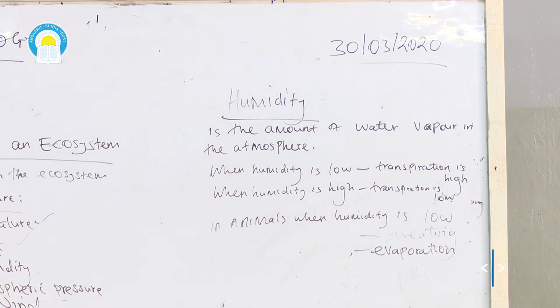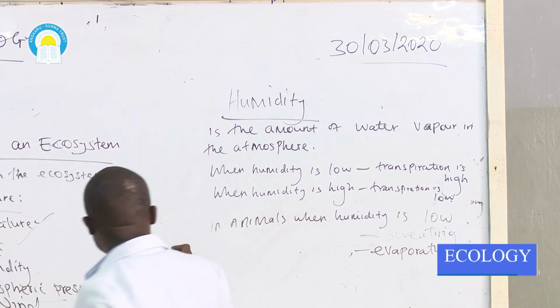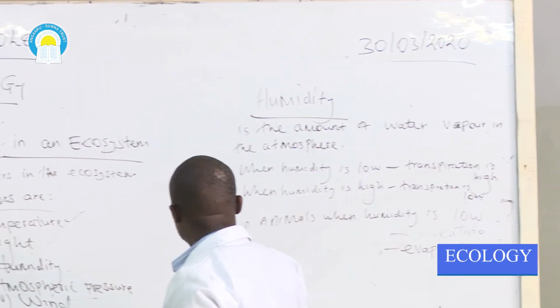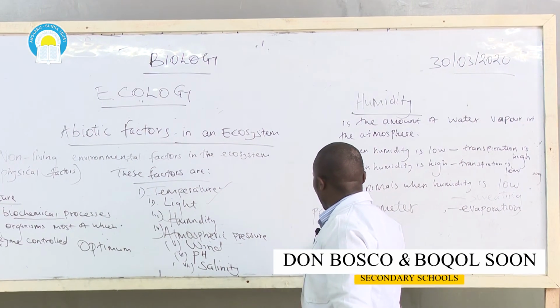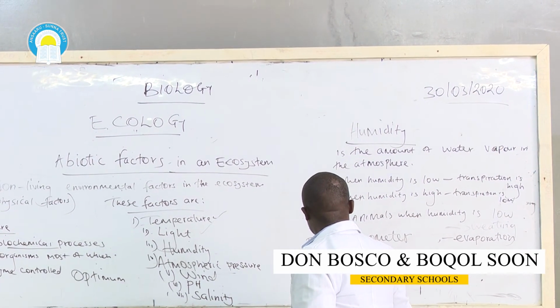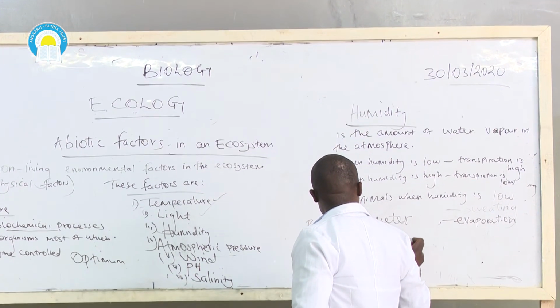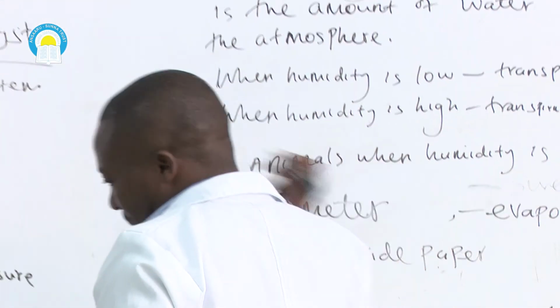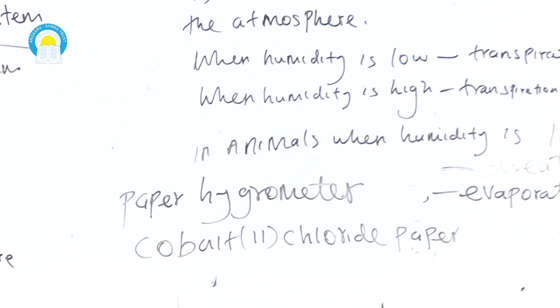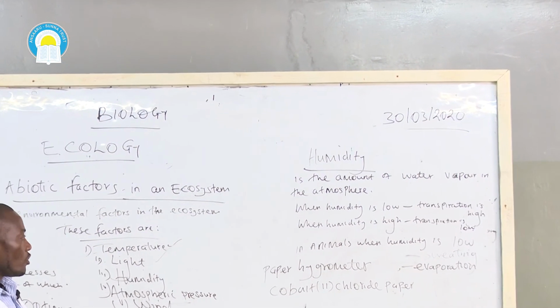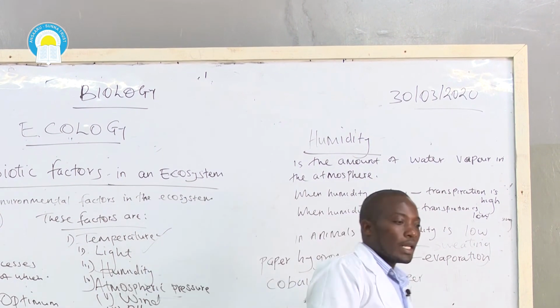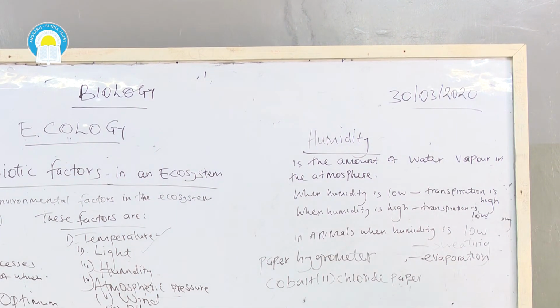And finally, the instrument which is used to measure humidity is what we call a paper hygrometer. Also, you can use cobalt 2 chloride paper. Cobalt chloride paper is used to measure the rate of humidity, the amount of water vapor in the atmosphere,